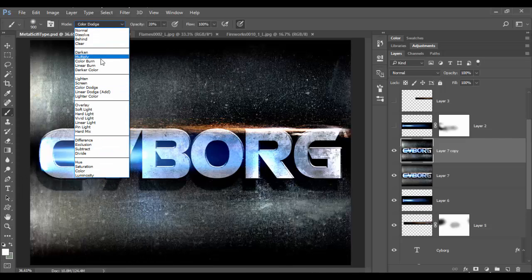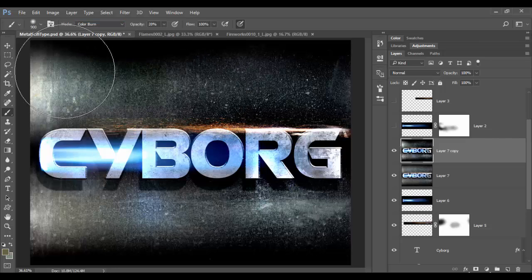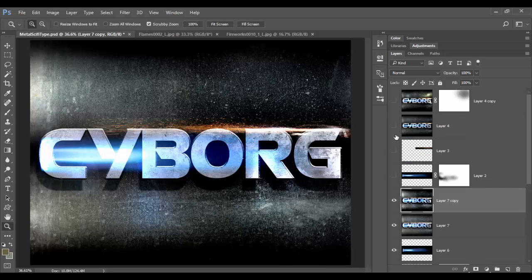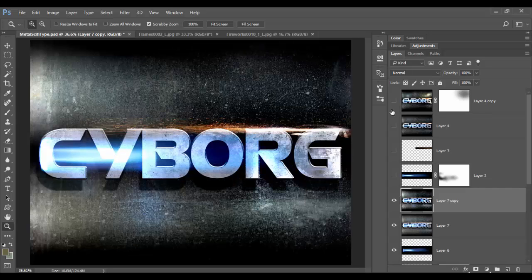And then you can always go back to that color burn blend mode, choose kind of a gray and kind of darken up again. But again, maybe drop it to 10% just to make it a little bit more subtle. And voila, we got now some cool cyborg sort of action here. So I'm really digging this. I think it looks pretty interesting. Fares pretty well, like this one here. You can see there's a little bit of glow there on the bottom of the G on this layer,